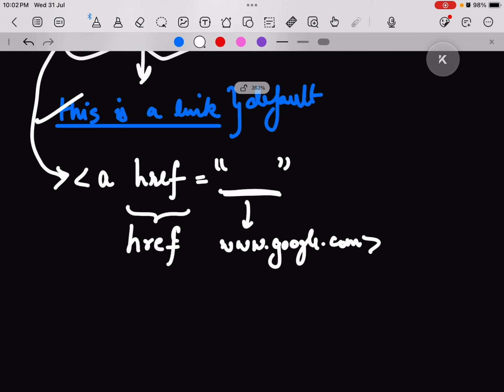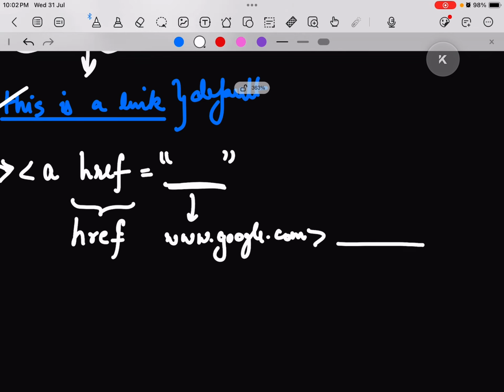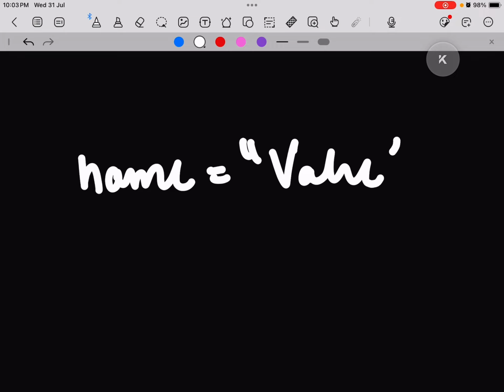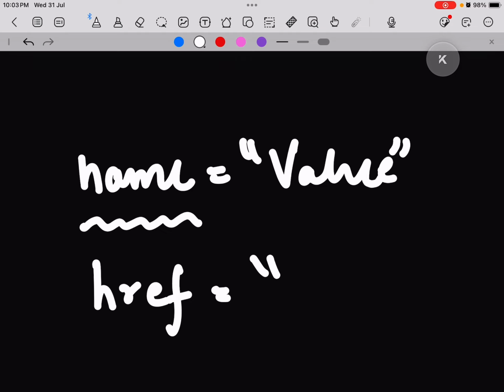Then we are going to write, this is a link, and then we write /a. Now when I click on this is a link, it will open google.com because now I have specified the URL. href is the attribute. What exactly are attributes? They basically help us specify more information about the web page. The syntax for writing the attribute is name is equal to value. The name of the attribute, for example href in this case, is equal to double quotes and the value of